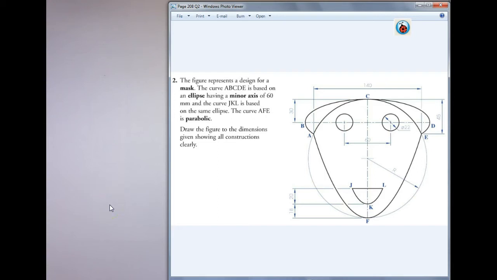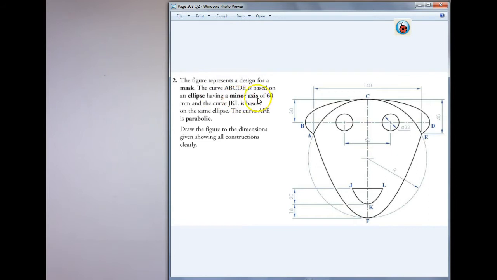So this question here is based on an ellipse at the top here. A, B, C, D and E all the way back to A is based on an ellipse. A, F, E is a parabola, and as you can see we're only given some construction knowledge. So if we look at the question, it says the curve A, B, C, D, E is based on an